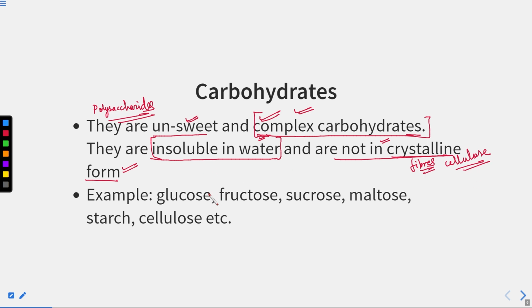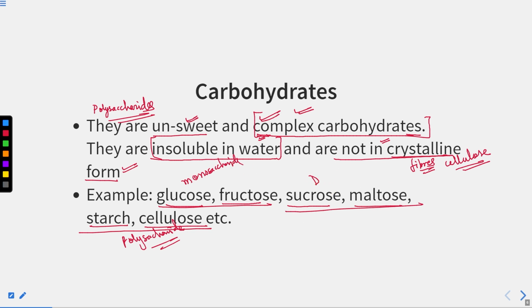Some of the carbohydrate examples we all know: glucose, fructose, sucrose, maltose, starch, and cellulose. Starch and cellulose are the polysaccharide examples, and glucose and fructose are monosaccharides. Sucrose and maltose are the disaccharides. Okay. So you must remember this is the characteristic of the polysaccharide, that they are unsweet, meaning not sweet